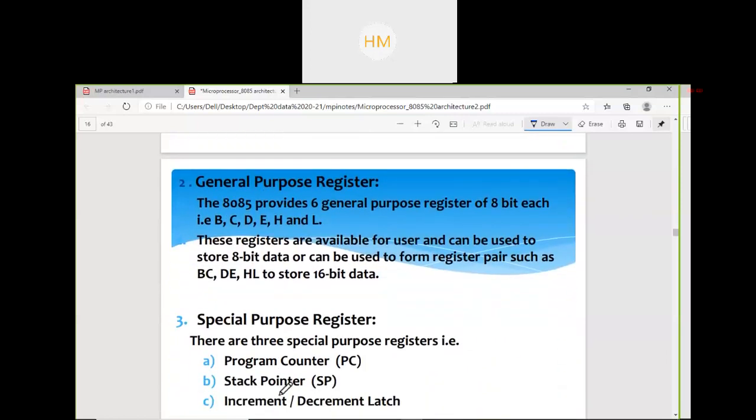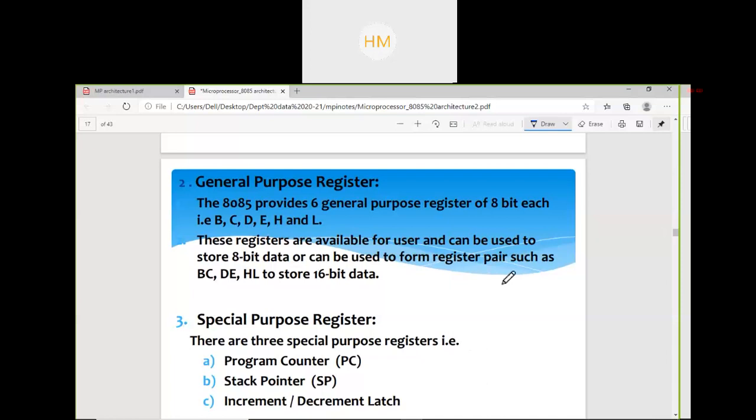Okay. General purpose registers. Just now we are briefing whatever we have studied earlier. 8085 provides 6 general purpose registers of 8-bit each. Clear? And the names of those registers are B, C, D, E, H, and L. These registers are available for the user and can be used to store 8-bit data or can be used to perform operations as register pairs.